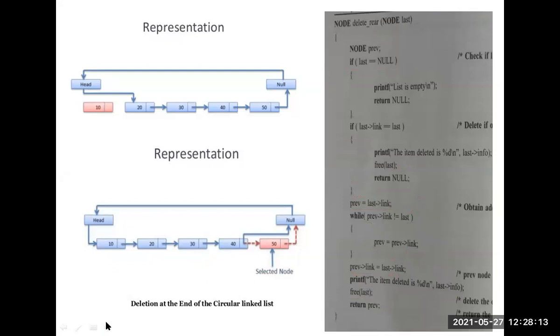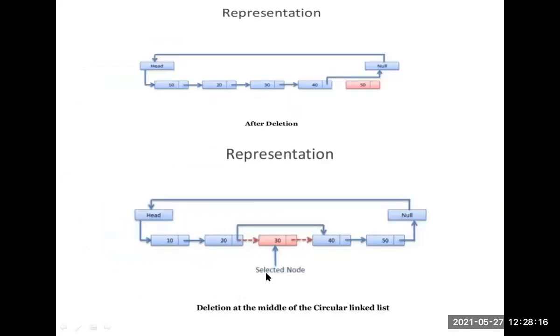Next, delete a node at a particular position. Similarly, you have to choose the position and delete that position. It is just a single line of what you have to do, the same concept we are implementing here. We give the position here. I want to delete the third position, or I want to delete the element 30. Then you have to check the condition and delete it directly. Okay, clear students?